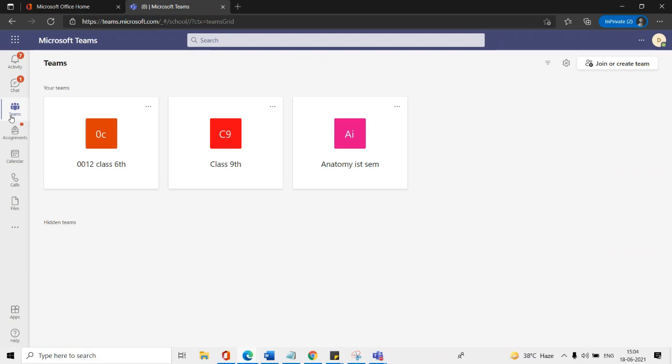So it will just take 15-20 minutes. Please be patient and listen carefully so that once your faculty provides you the assignment and other work, you don't have any issue while uploading, right?